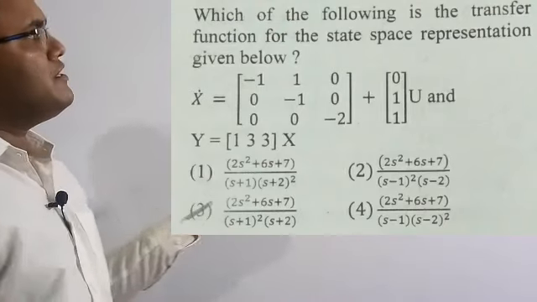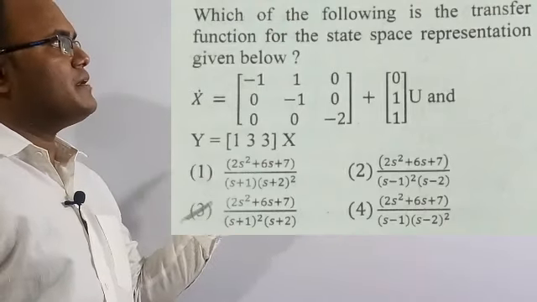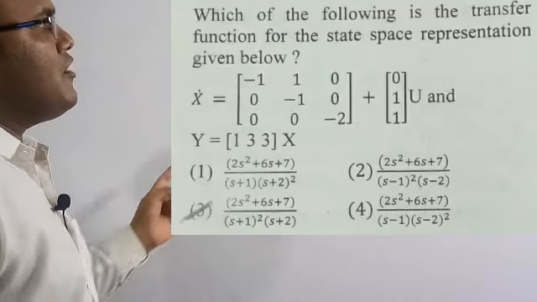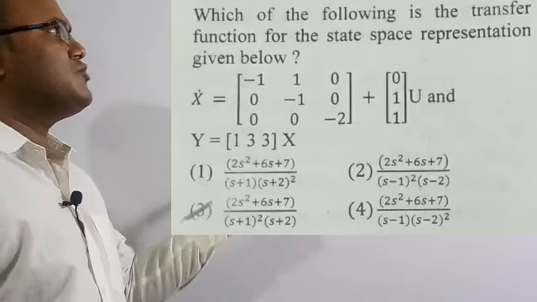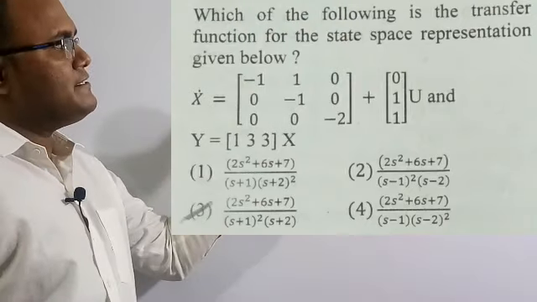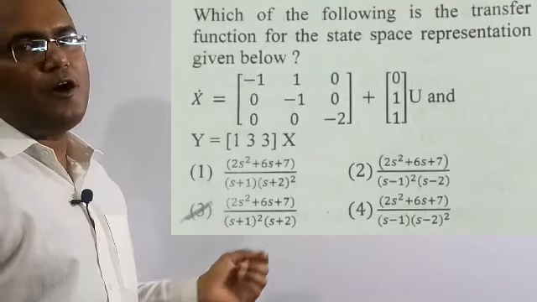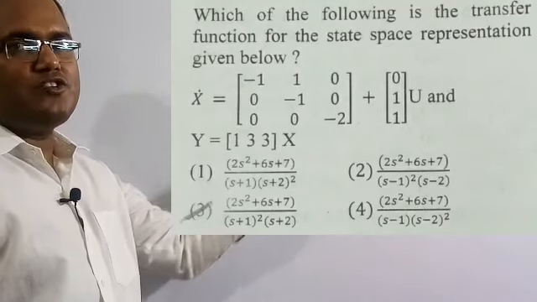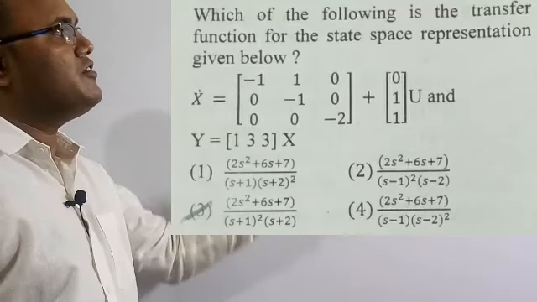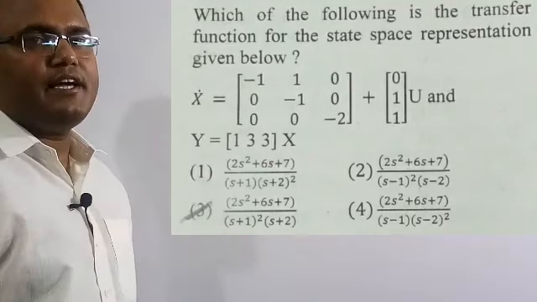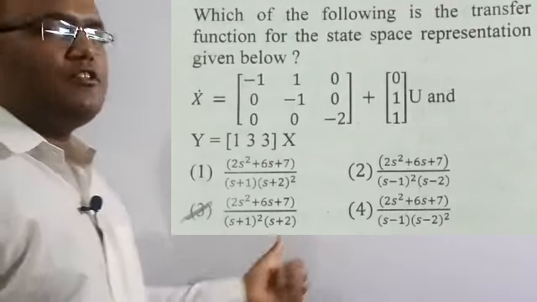If you see carefully in the four options, the denominator is different for all four options. So instead of solving this total question, we are going to solve the denominator part, because the denominator is different for each and every option. Instead of doing the whole problem, we are going to find the denominator. After seeing the denominator, we are going to take the correct answer, because we need to save time in the examination. So let's solve this numerical.